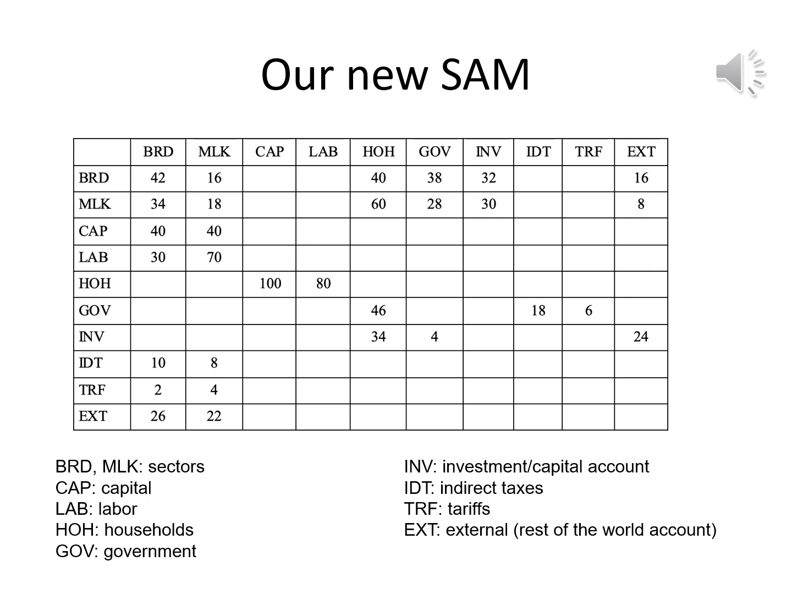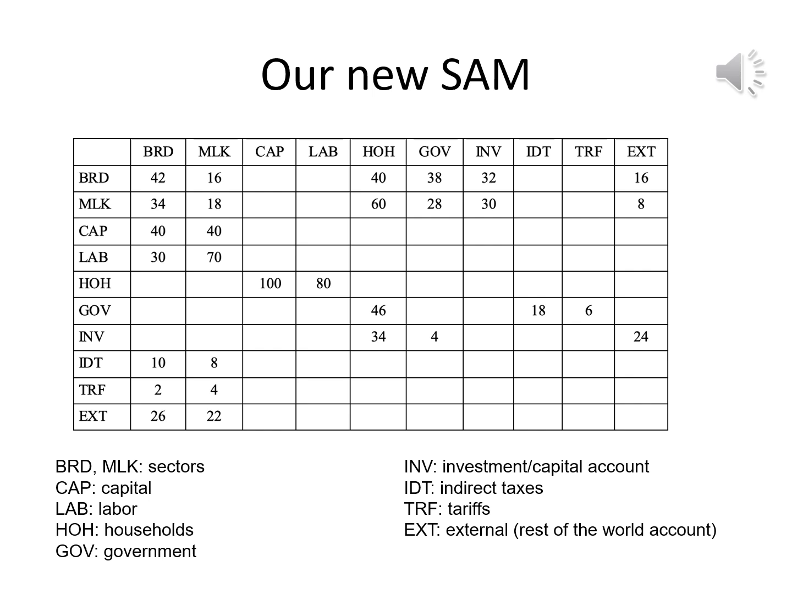In the previous lecture, we didn't have intermediate inputs, remember. So that's why the bread and milk rows and bread and milk columns, actually, this is the top left corner of the SAM matrix here. It was blank in the previous SAM. Now we have intermediate inputs. If you look at these numbers, you'll see 42, 16, 34, and 18, which means,